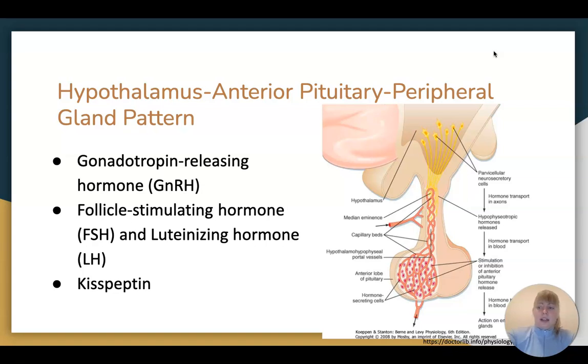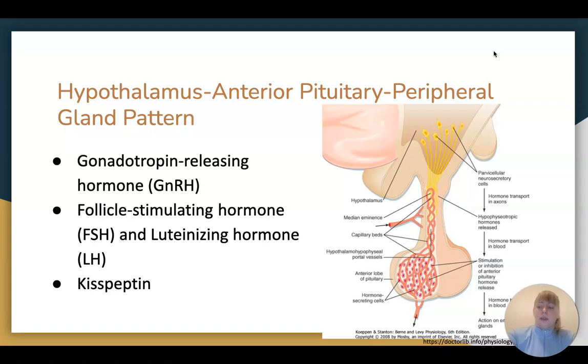FSH and LH in turn act on the gonads. FSH, along with steroid sex hormones, is required to initiate and maintain gametogenesis. LH acts primarily on endocrine cells, stimulating production of the steroid sex hormones. In recent years, physiologists have determined that GnRH is under the control of hypothalamic neuropeptides, including kisspeptin. Although the primary control of gonadal function arises in the brain, the gonads also have their own function.